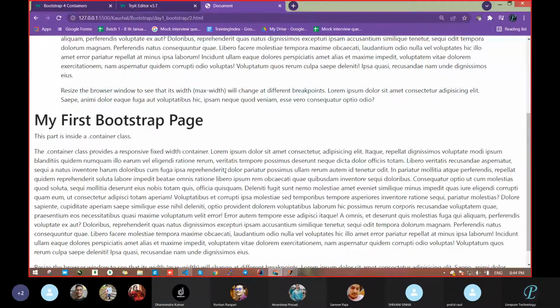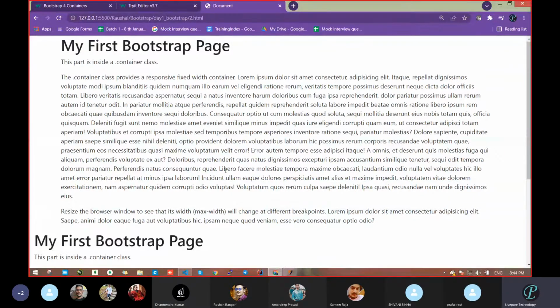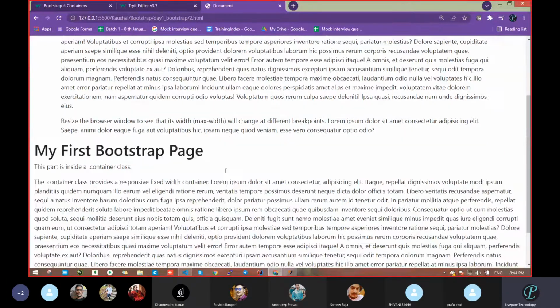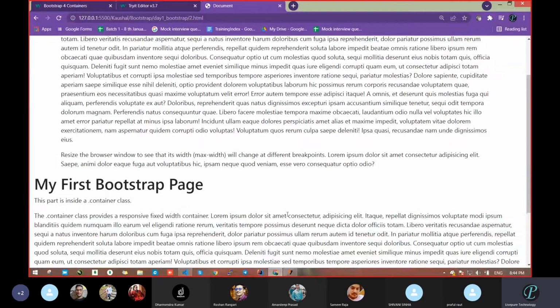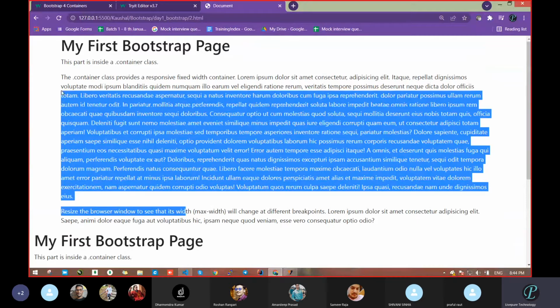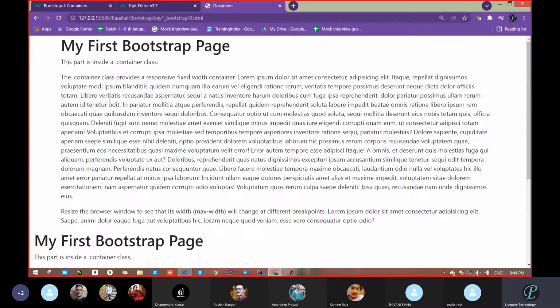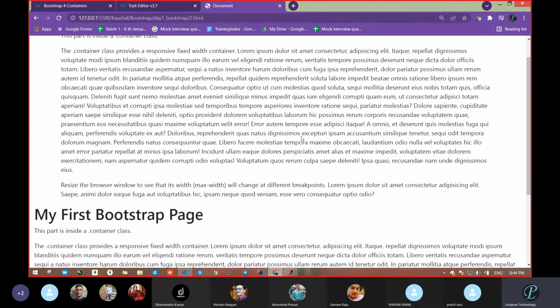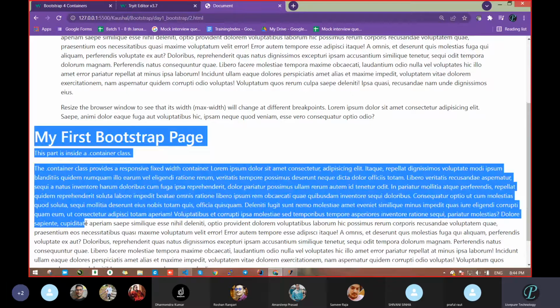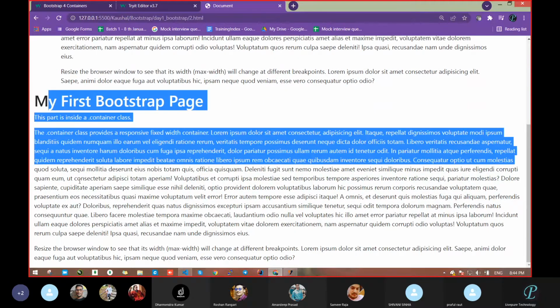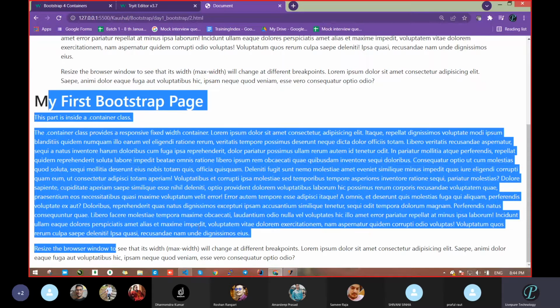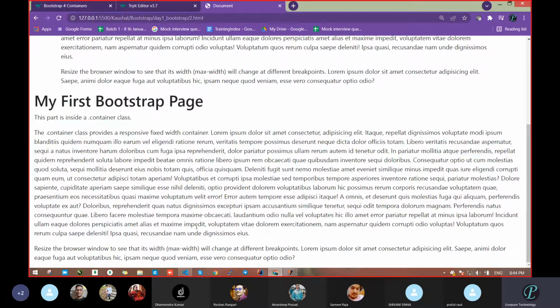Okay. So here what we had done, we took container fluid. With the help of container fluid, what are you observing? Below is the container fluid and top is just container. What difference are you observing? In the case of container, it gives left and right space, margin is there. But in case of fluid, it gives minor left and right margin. Correct? So when required, you can create your website this way.